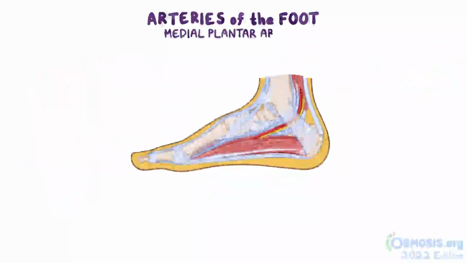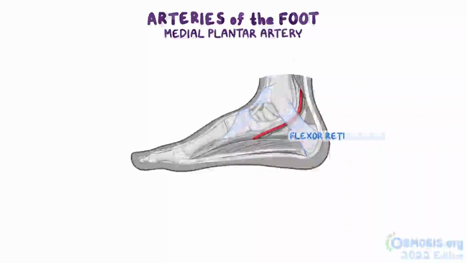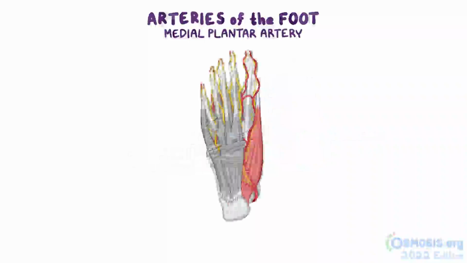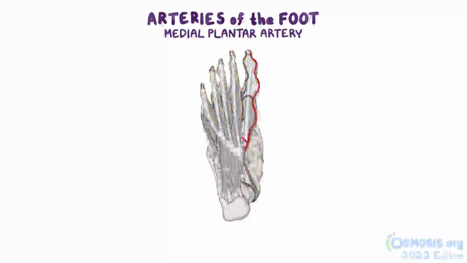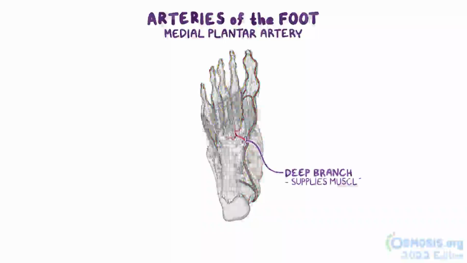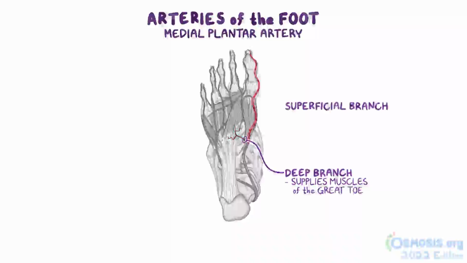The medial plantar artery is the smaller terminal branch of the posterior tibial artery. It arises beneath the flexor retinaculum and appears in the sole deep to abductor hallucis, usually accompanied by the medial plantar nerve on its lateral side. It terminates on the medial side of the big toe by dividing into two branches. The smaller one is called the deep branch, and it mainly supplies the muscles of the great toe. The larger one is called the superficial branch, and it supplies the skin on the medial side of the sole